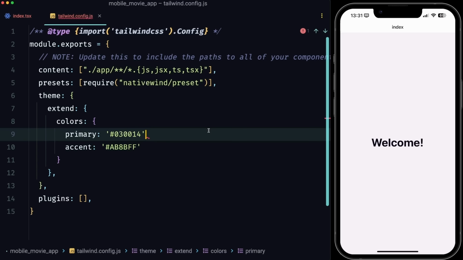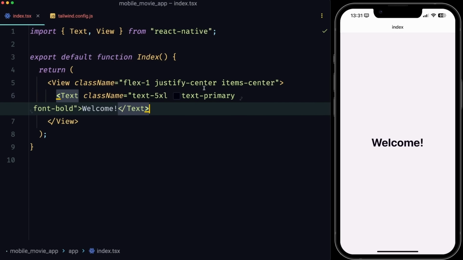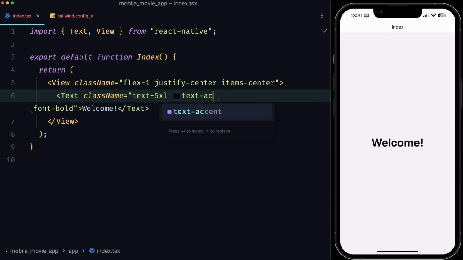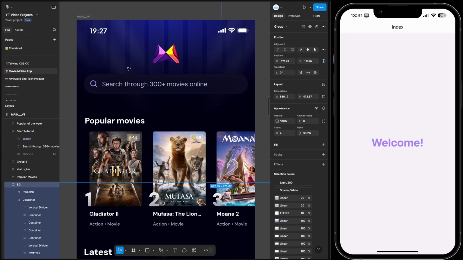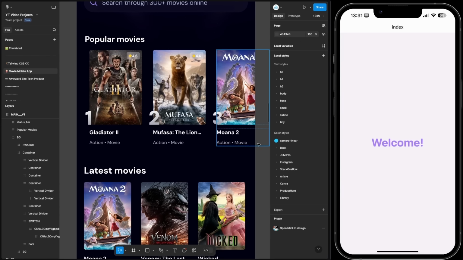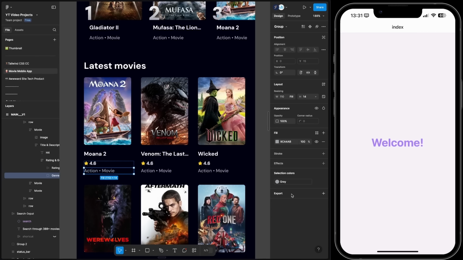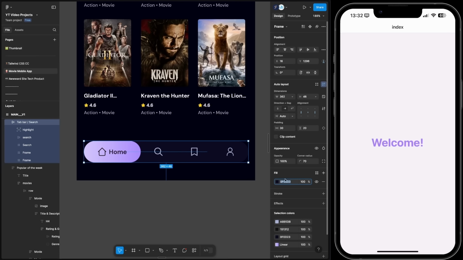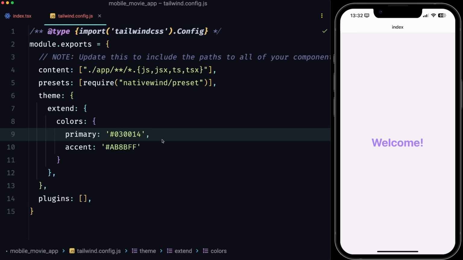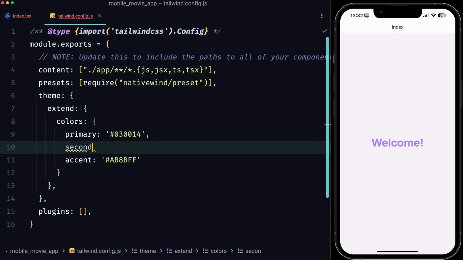And then you can use it very easily within your code by saying text-accent. There are also a couple of other colors from this design that I want to add. Maybe the dark background color, or this gray color right here that we want to use. You can find them on the design yourself and then copy them within your app, such as this variant of the dark color, or we can do it together right now. There aren't too many. Alongside the primary color, we'll also have the secondary, which is going to be